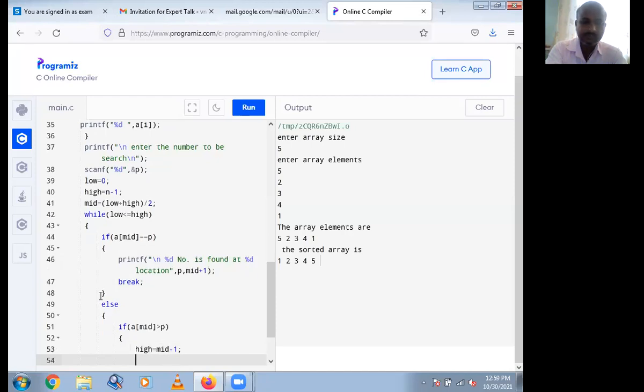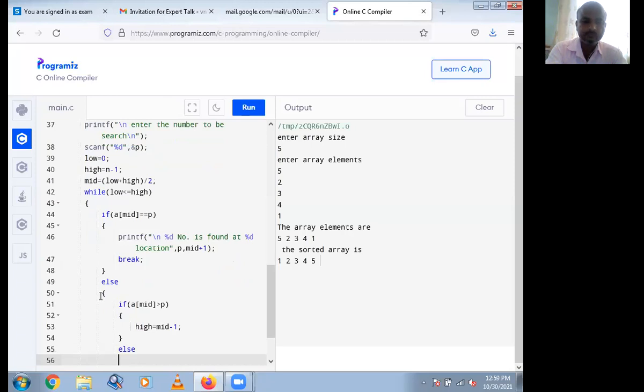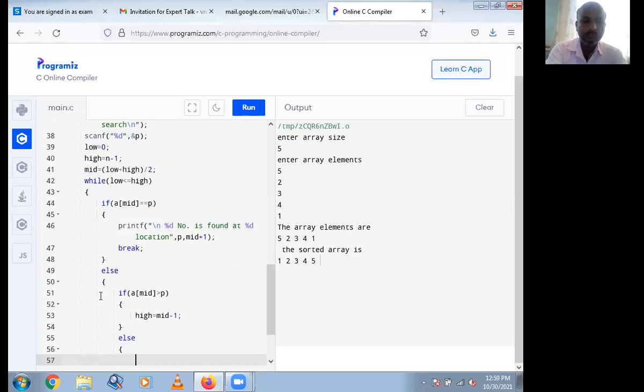And if this if statement is false, then go to the else statement again. Here, low is equal to mid plus 1.